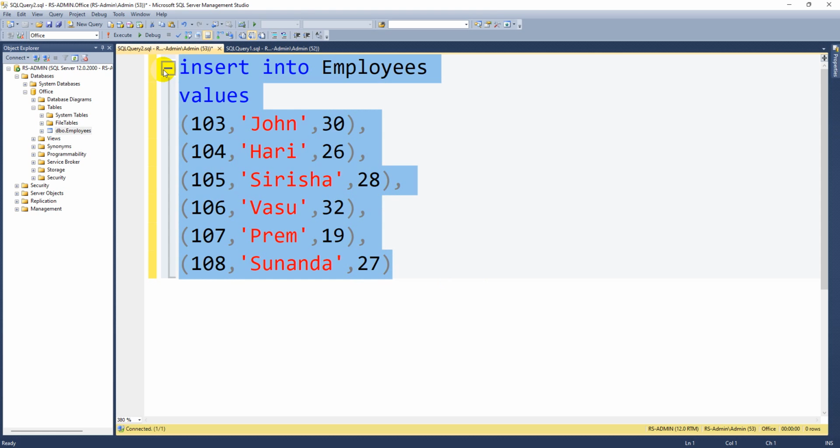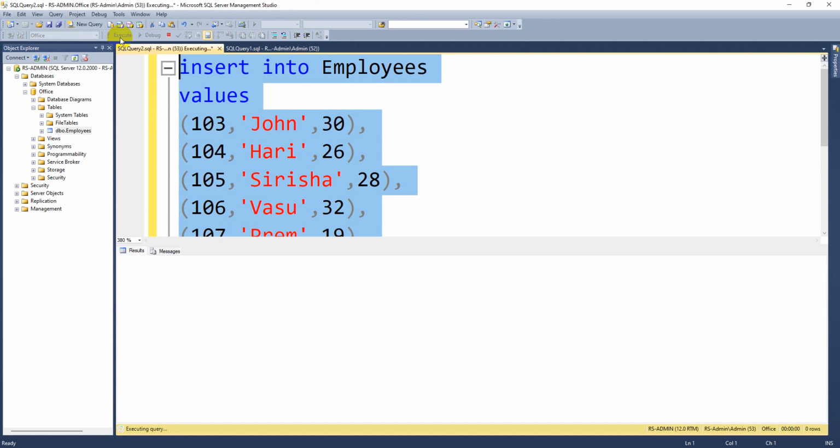So if I execute, it is going to insert multiple records into the table at one shot.